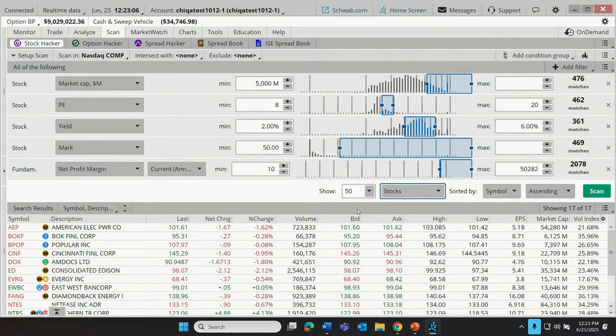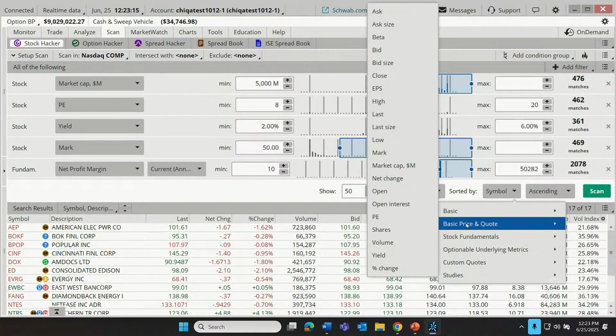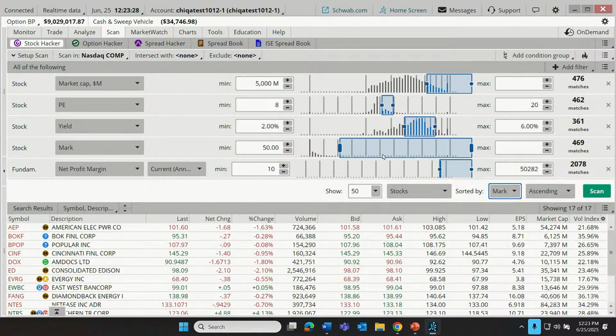They can be sorted by symbol by default, but we can also sort by other metrics. And we can choose those metrics. So for example, maybe we just want to sort by the market price. When we say mark on Thinkorswim, I think of it as an abbreviation for market price. So if I sort by market price,